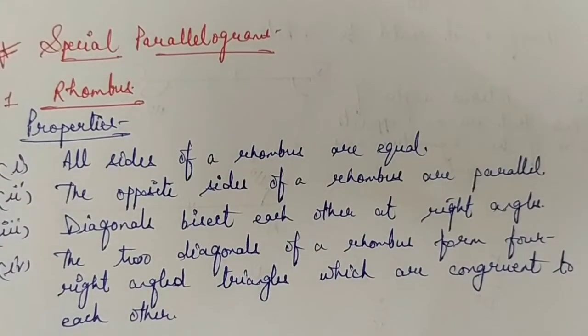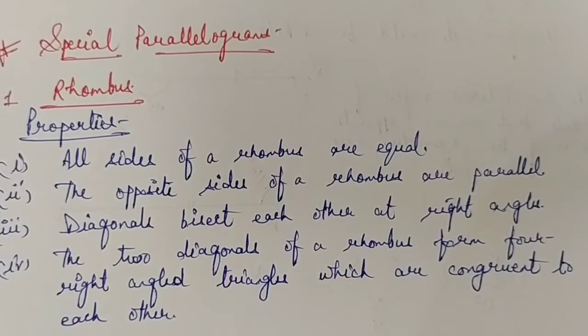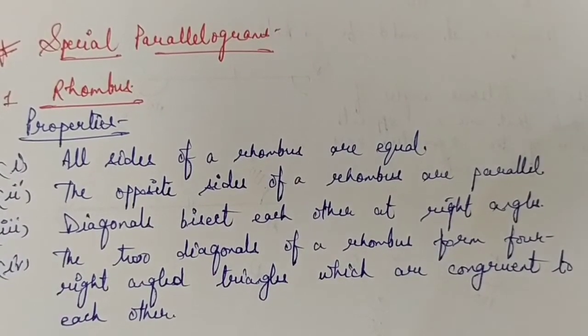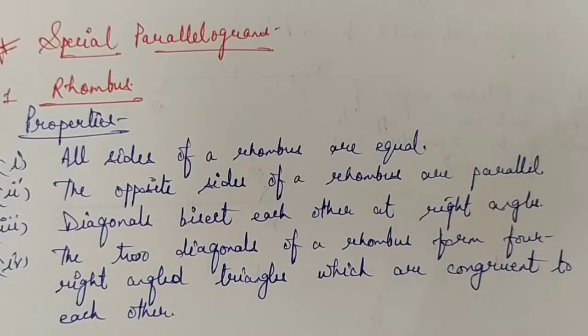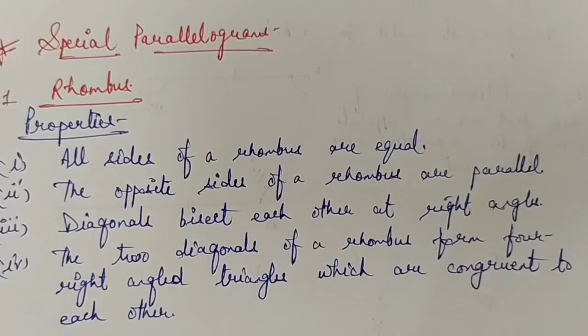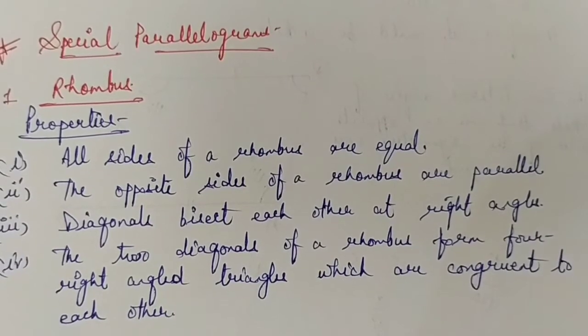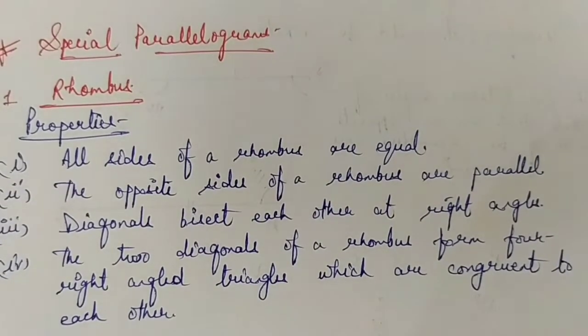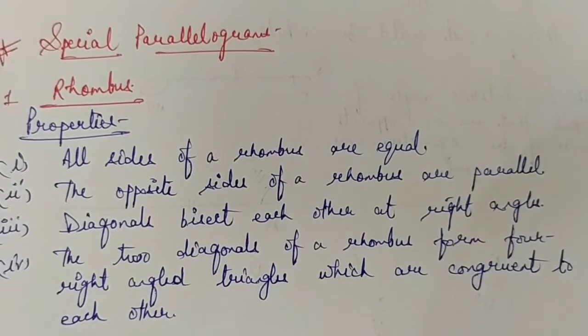ठीक है, जो parallelogram की property है वो इनकी property है. उसके अलावा beside that they are having some extra properties that are not contained in parallelogram but are contained in rhombus or in rectangle and square. Means parallelogram की जो property है वो तो इनके अंदर है ही, लेकिन इनके अंदर कुछ स्पेशल अलग प्रॉपर्टी भी है जो इनको डिफ्रेंशिएट करती है एक दूसरे से.